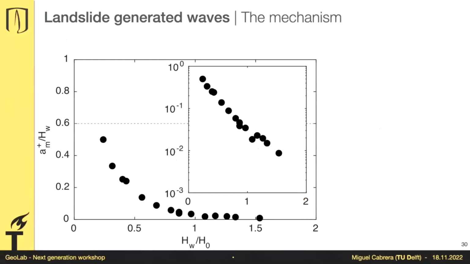If we plot all the data points we collected in this experimental series, they fall on this trend. That is very continuous, very nice. But we received some comments. The experiments were just 45 centimeters wide. And the comments we received were like, come on, landslides are larger. There is for sure surface tension there. Your experiments are just too small.